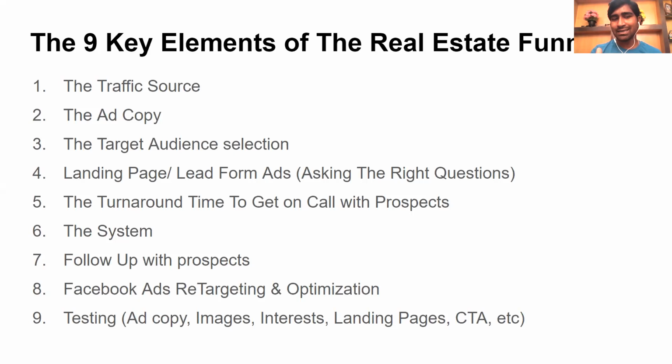Here, the fifth one is the key point: the quick turnaround time. When you have the proper system in place and use automation tools, you can talk to the people who have given their email ID and phone number. When you call them immediately, within seconds, not in minutes or hours or days, you will be able to convert more leads to sales. And then next is the follow up,